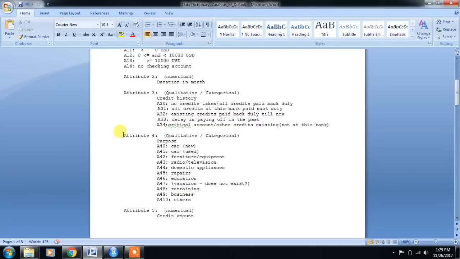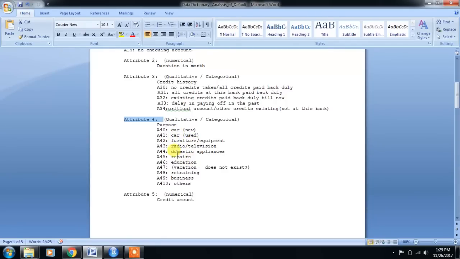Then attribute 4, purpose, why this particular customer took this loan. A40 is for purchasing a new car, then A41 is used car purchase. Whatever the reason for taking this loan, we have bucketed in this variable.